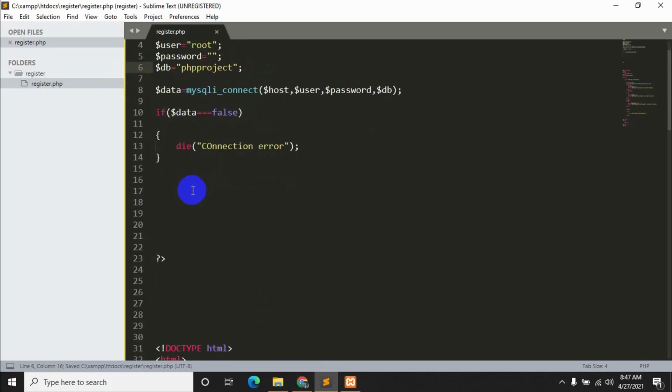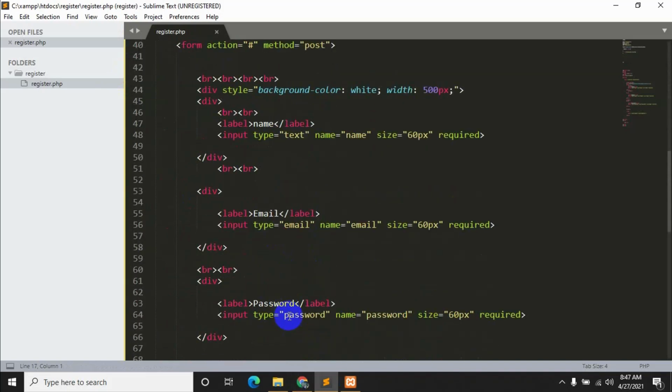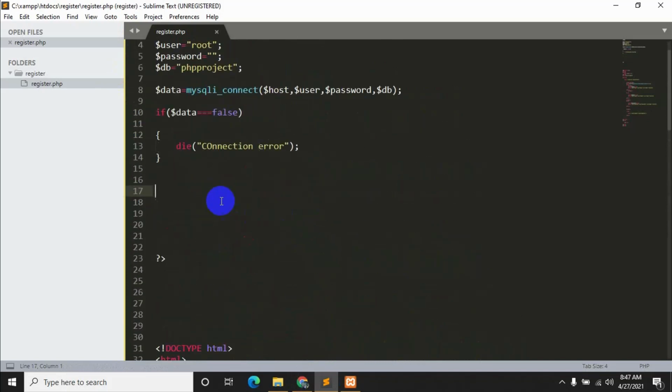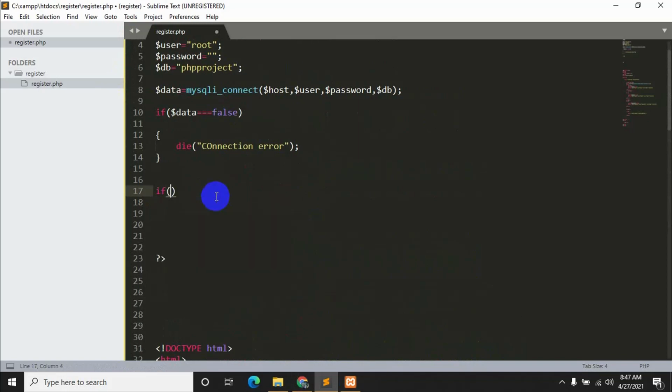Now we will write a condition over here to send all that data, name, email and password, to the database. For it we just need to write a condition. If $_SERVER, then third bracket and then double quotation.